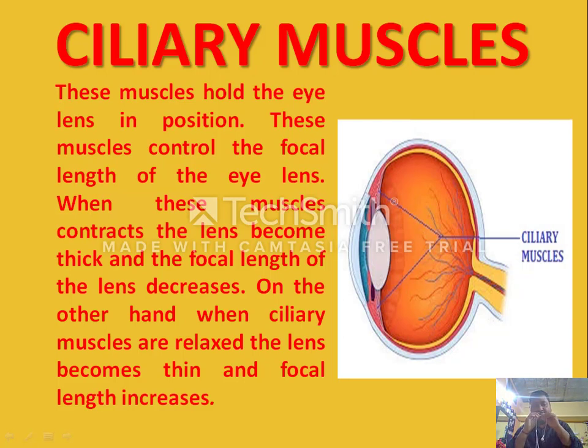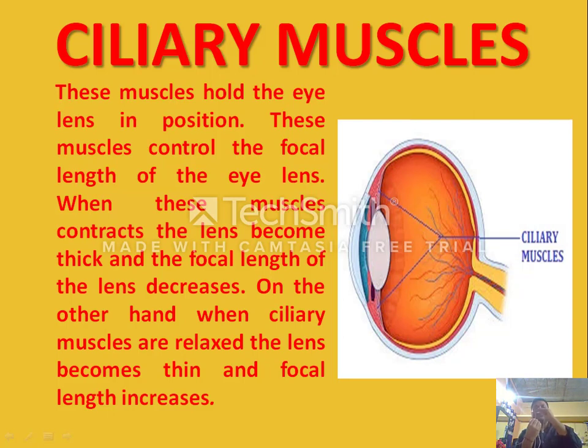So this is how the focal length of the eye lens changes, by the action of the ciliary muscles. When the ciliary muscles are relaxed, the lens becomes straight and thin. If it is thin, its bending is minimum. If bending is minimum, then its curvature is minimum. If its curvature is minimum, the focal length will increase. Similarly, when it contracts,